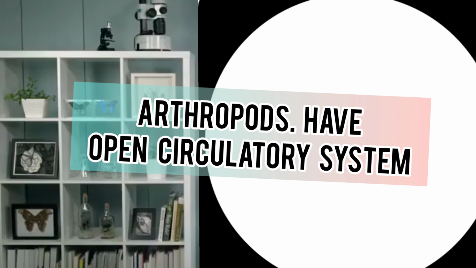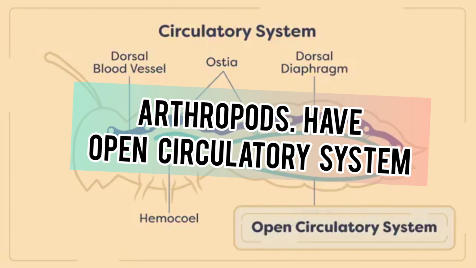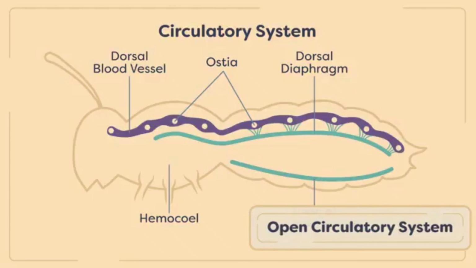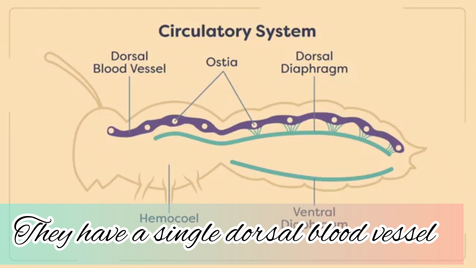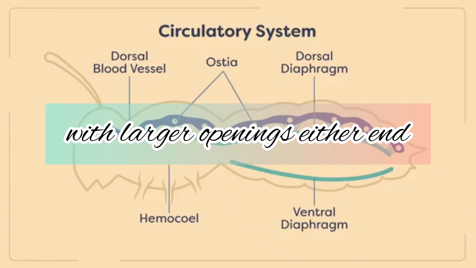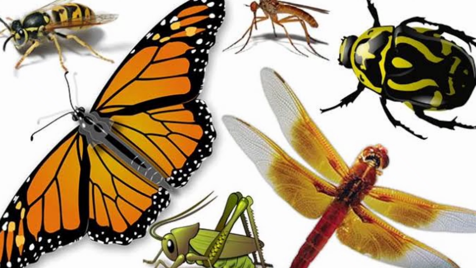Arthropods also have what is known as an open circulatory system, unlike vertebrates, whose circulatory system is closed. This means that arthropods don't have a network of blood vessels. Instead, they have a single dorsal blood vessel with large openings at either end. It circulates blood throughout the arthropod's body cavity, and tissues are directly exposed to the fluid. Finally,